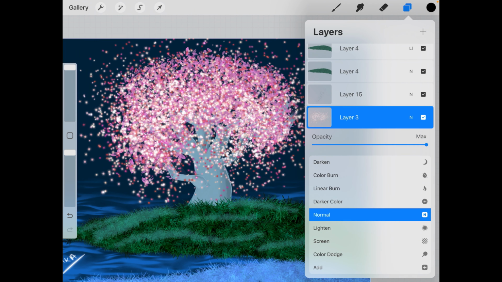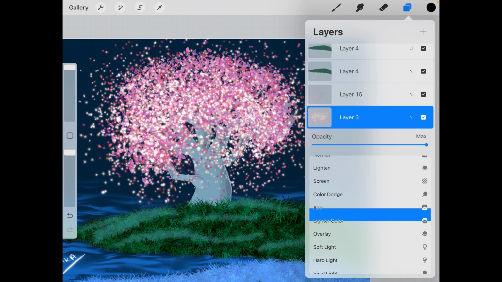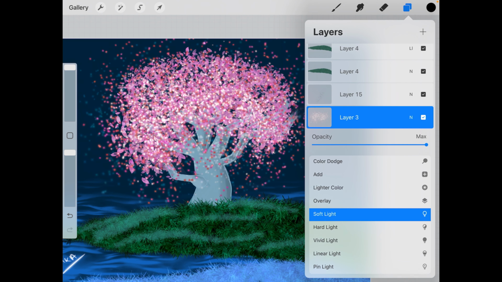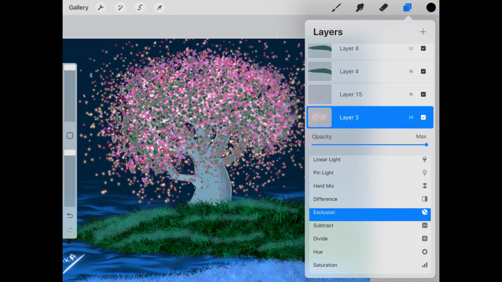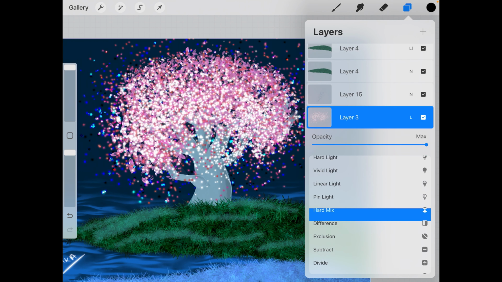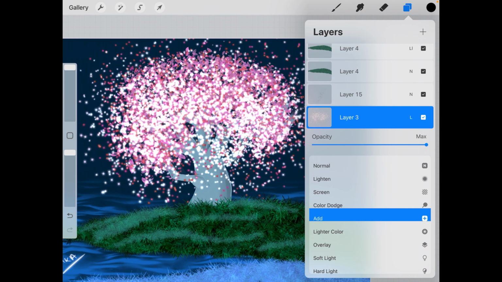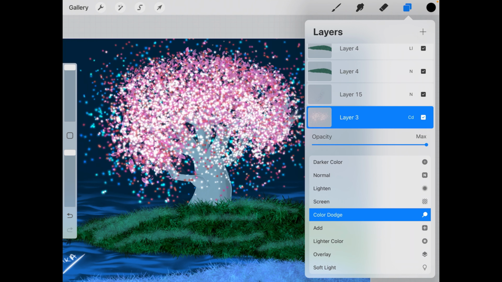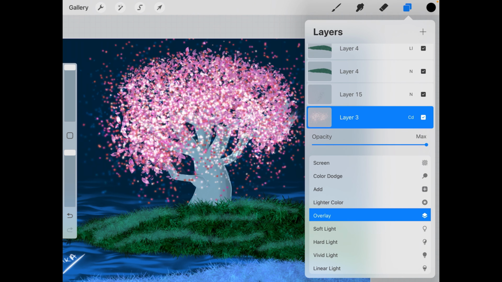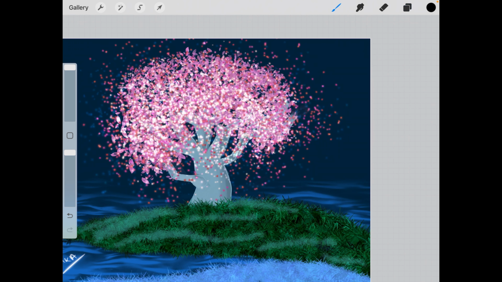Now these are just different color filters. I don't really know the exact word for what it's called. So if you see, each of these settings will let in certain pixels with certain colors of light. This again is actually a topic of its own, but usually if you want to make that layer brighter, you can just go and put this setting to add or color dodge. But this one I had kept at overlay because this gave me the desired effect that I wanted. So I usually just play around with this and see, oh, this looks nice, no, that looks nice, and then I just leave it at that.